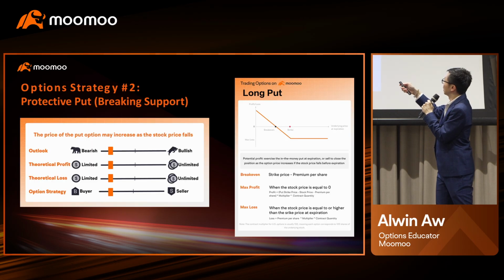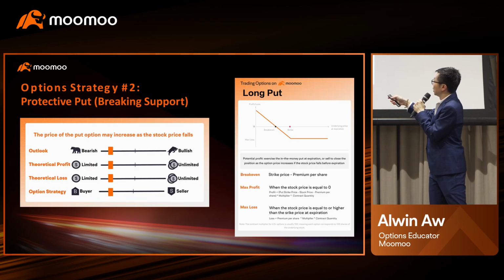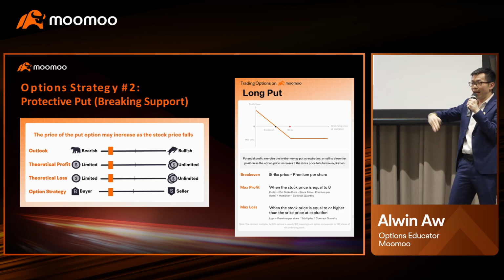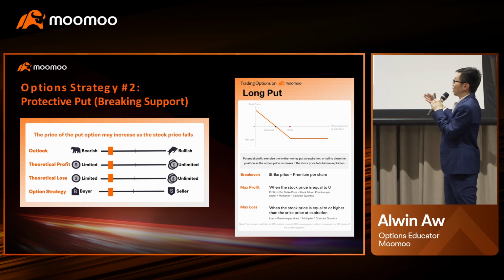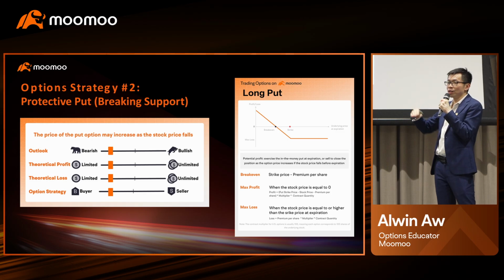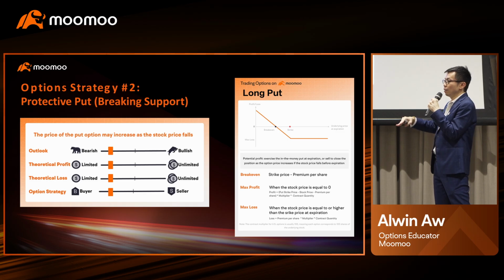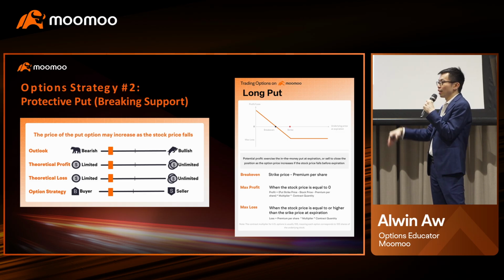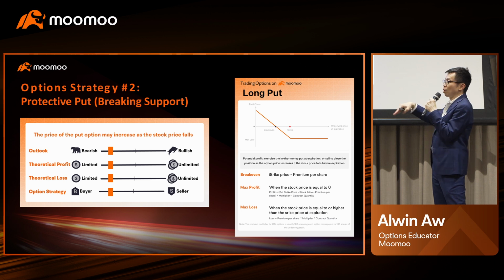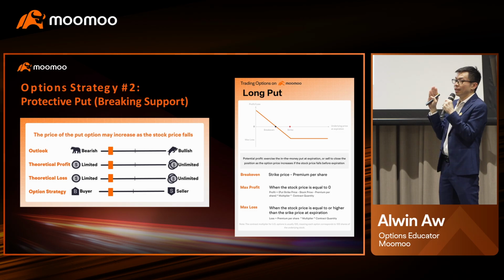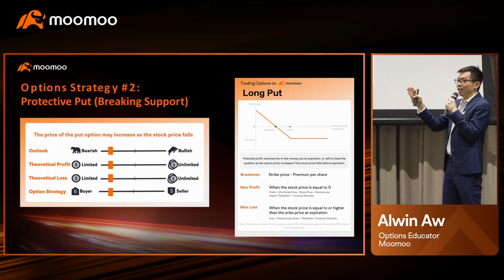Next one. A previous one. Yeah, so protective put is another strategy that you can use to be cautiously bullish. It means you want to protect your stock holding when the market tanks and your stock price goes down. So the stock price has to move a lot, then you can realize the profit from an option for this option strategy. So it's basically an option buyer strategy. So it's unlimited profit, limited risk, correct?